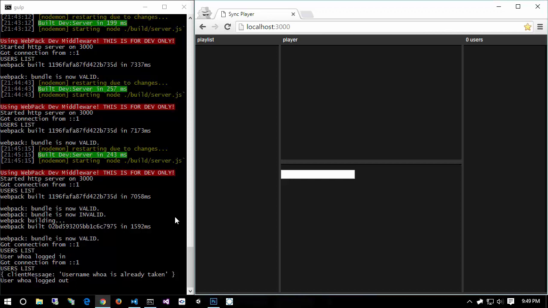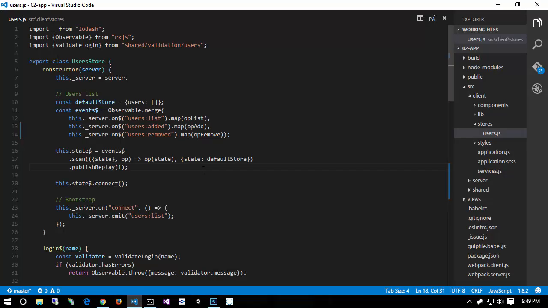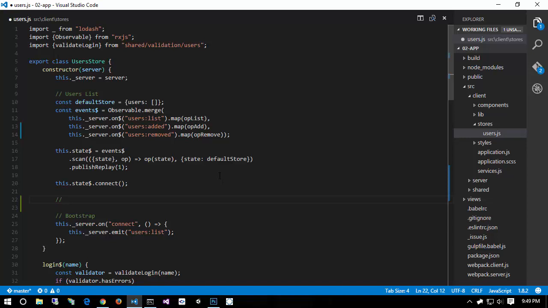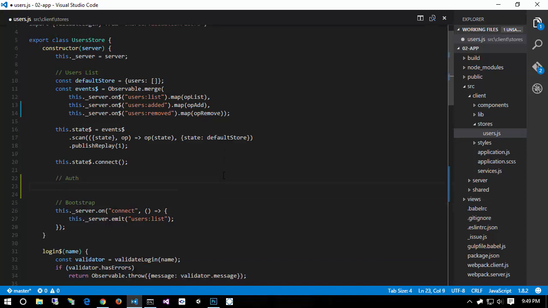All right, the last thing that we need to do is keep track of who we're logged in as. I think that would be a good thing to do. So in our auth store, we are going to write a stream that we can use to keep track of whether or not we're logged in and what user we're logged in as. So I'm just going to call this auth, just another section. Sometimes I like delineating these long methods with sections. Sometimes I like breaking them out into their own methods. But I'm simply going to say this current user money equals